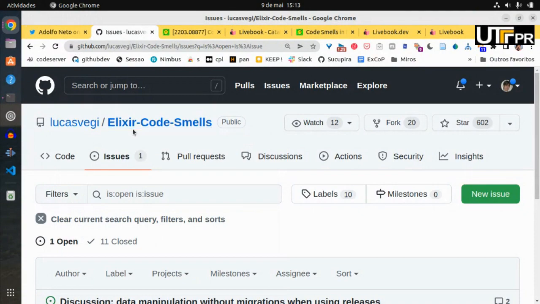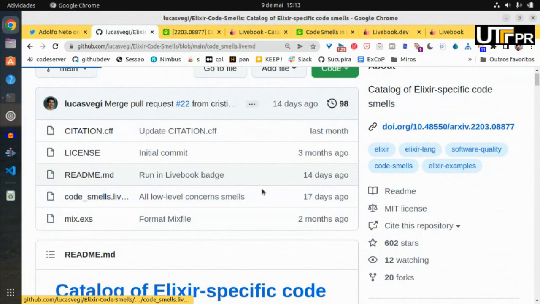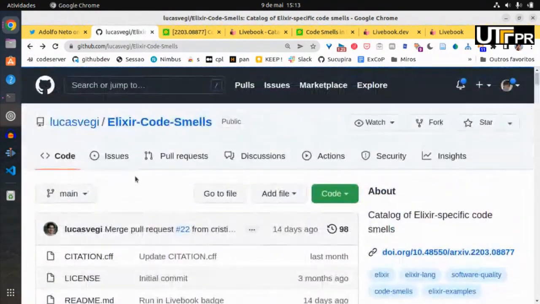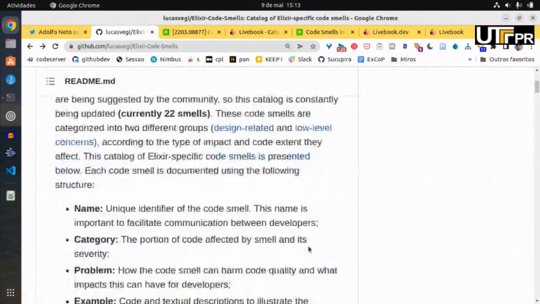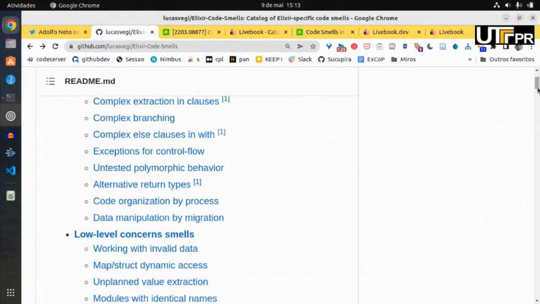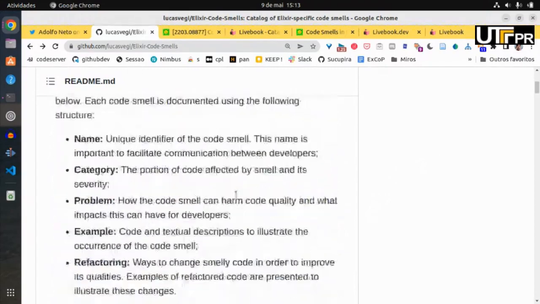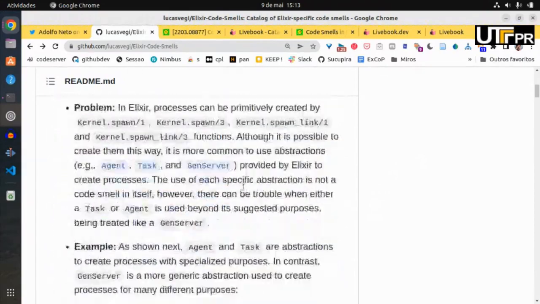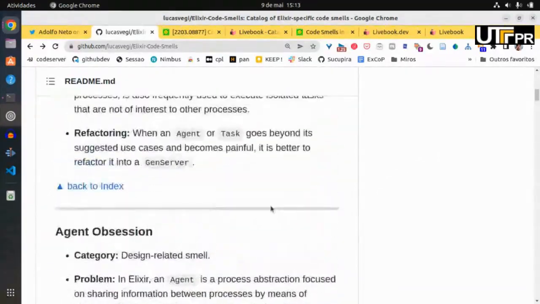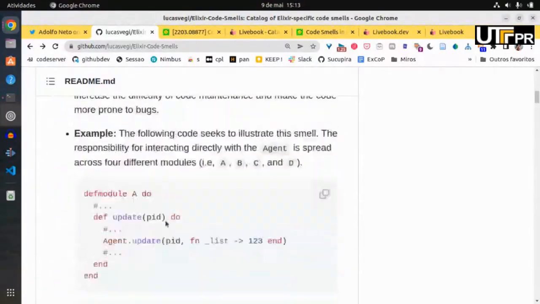And let me go back here. And I believe it was Christine Guadalupe who adapted this web page here, where they describe this is the catalog of code smells. They describe the idea of code smells and the format they use for presenting the code smells. Some of the code smells here have some code associated. So